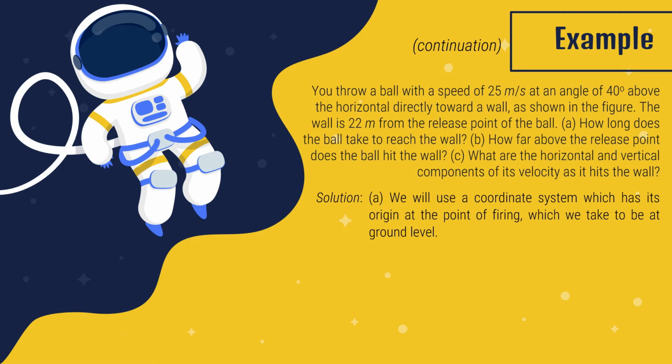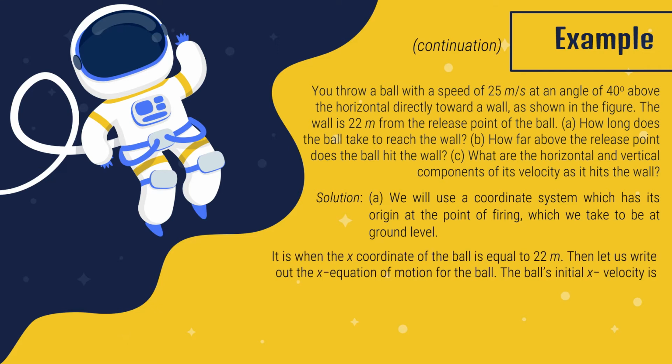To solve for A, we will use a coordinate system which has its origin at the point of firing, which we take to be at ground level. It is when the x-coordinate of the ball is equal to 22 meters. Then let us write out the x equation of motion for the ball. The ball's initial x velocity is v sub 0 in x, which is equal to v sub 0 cos theta sub 0. When substituted, we have 25 meters per second cos 40 degrees, which is equal to 19 and 2/10